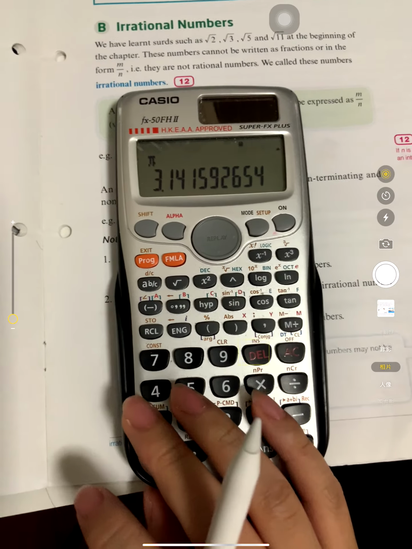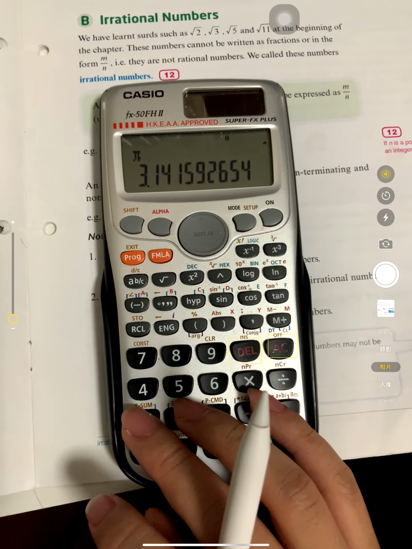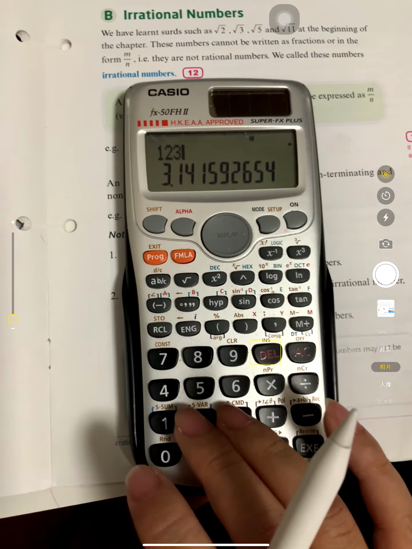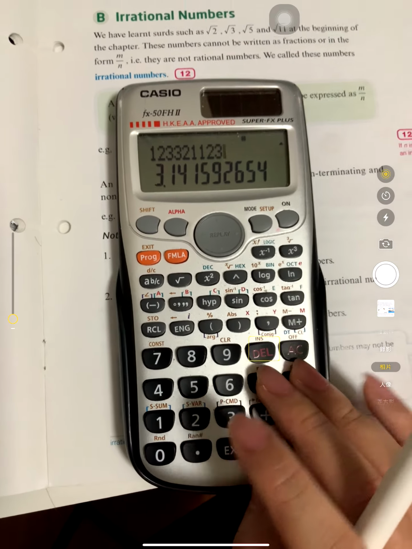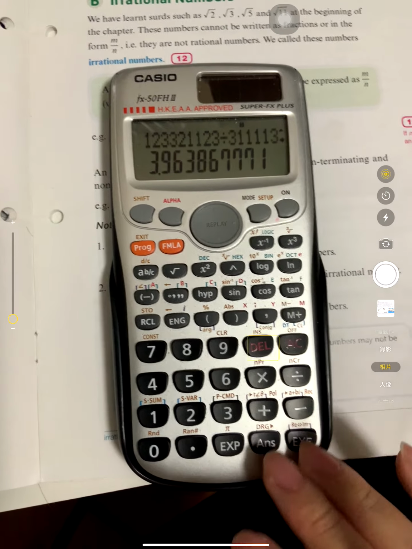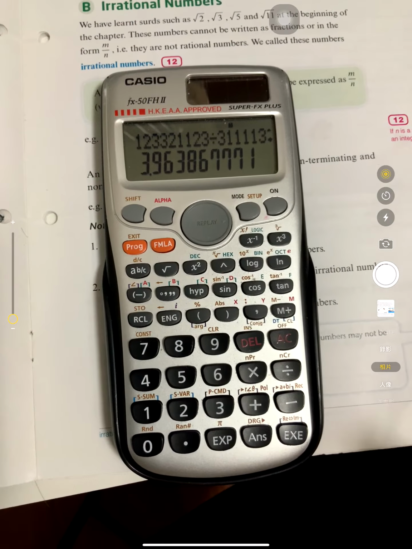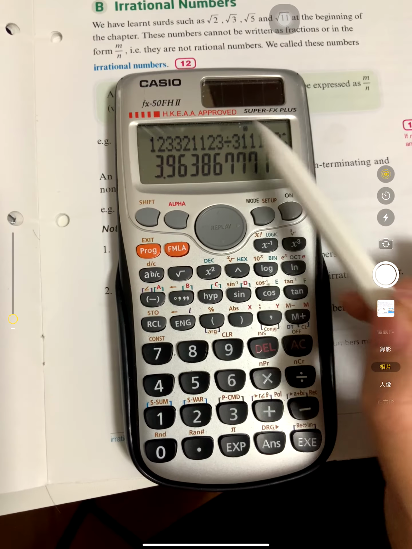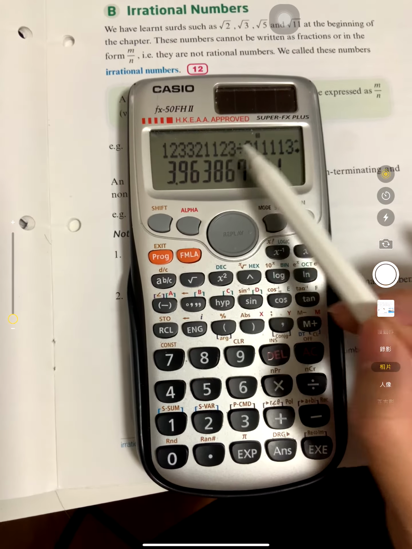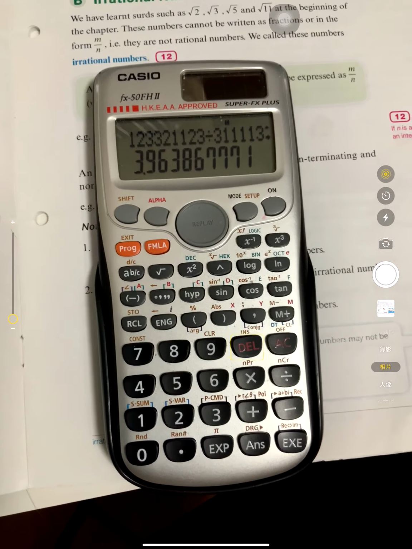For example, sometimes when the fraction, the denominator and the numerator are very large, then it cannot show you. For example, 1233211 2 3 divided by 1311131 1, this one, and then you press the number, you can see you cannot change to any fraction. But you know that this one must be a fraction, right? Because it's a division. Because the numerator and denominator are very large, the calculator cannot show it,